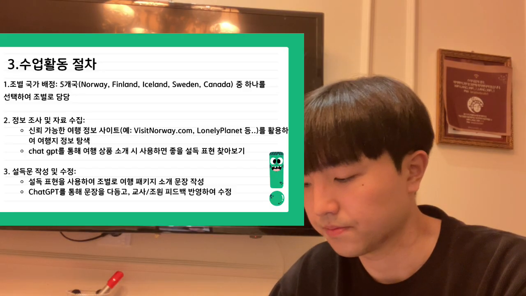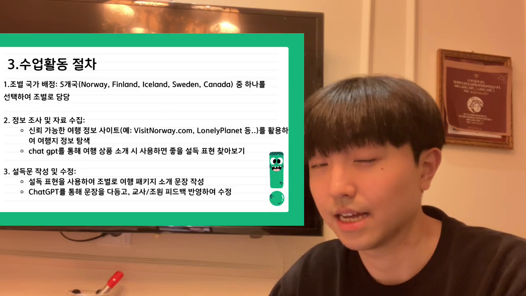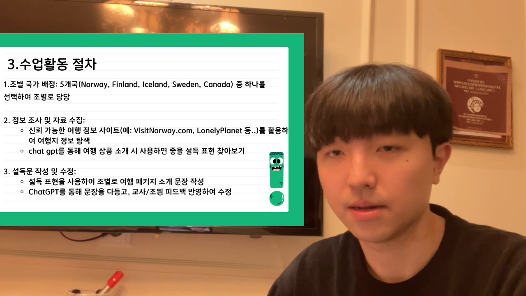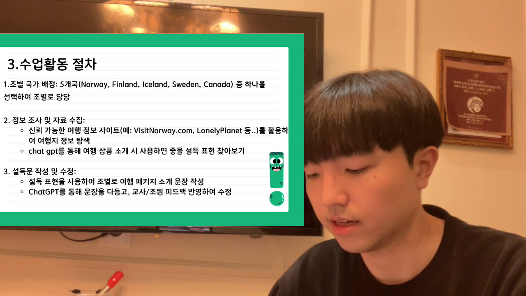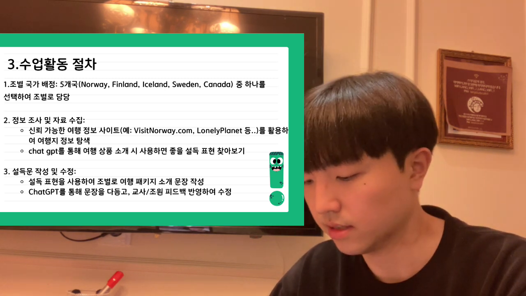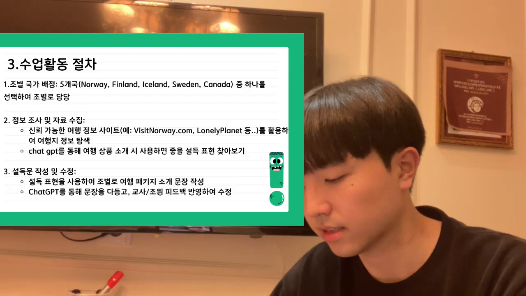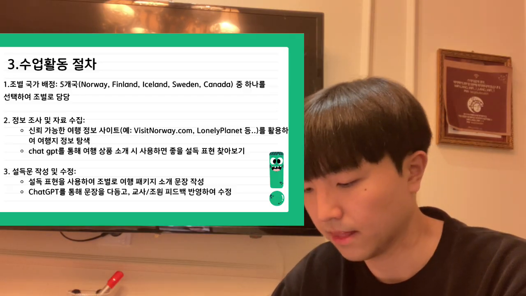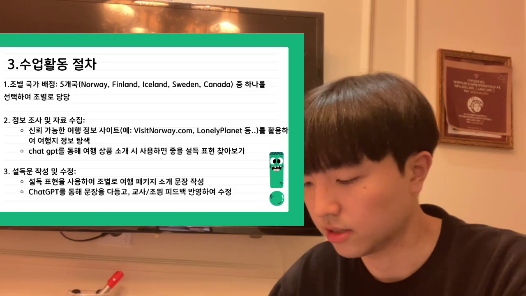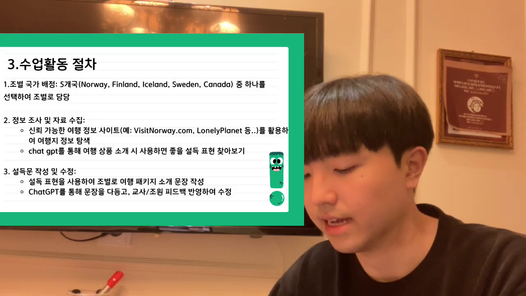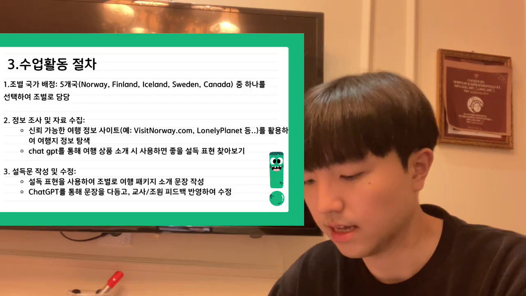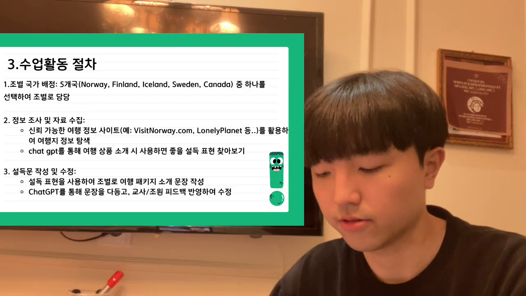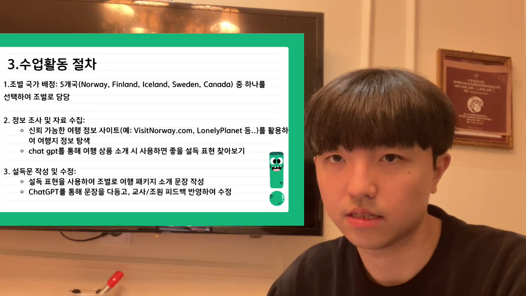The students will also use ChatGPT to find persuasive expressions for their travel information and introduction to attract tourists and incorporate them into their writing. After writing the introduction, the students will have it edited by ChatGPT and then revise it based on feedback from both their group members and from their teachers.